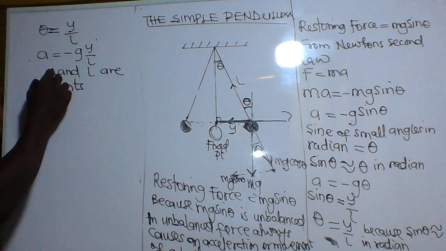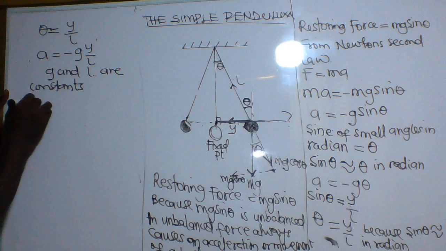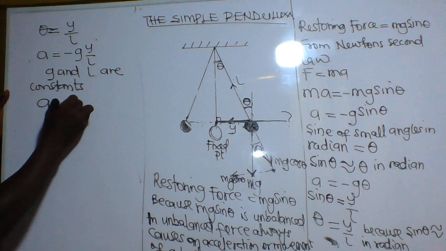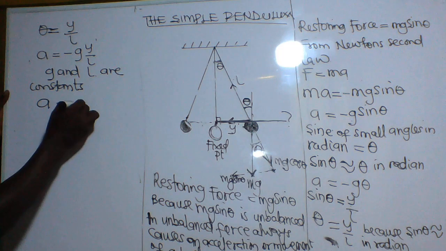So g and L are constants. So we can write the acceleration as minus k